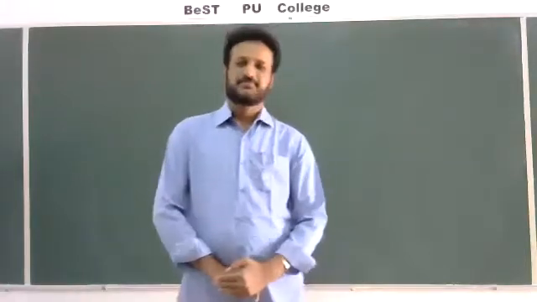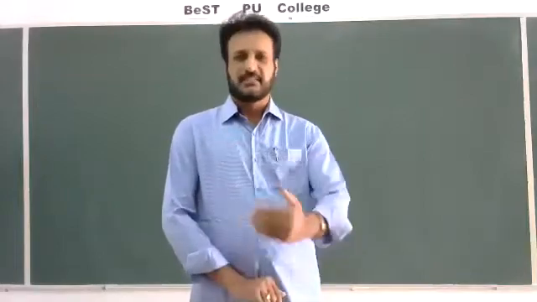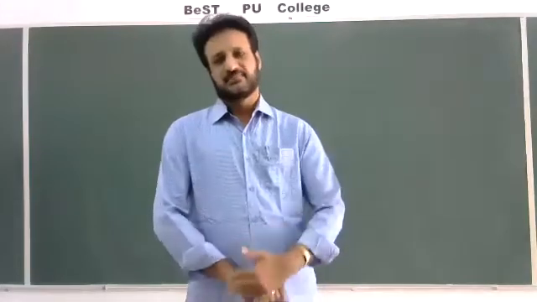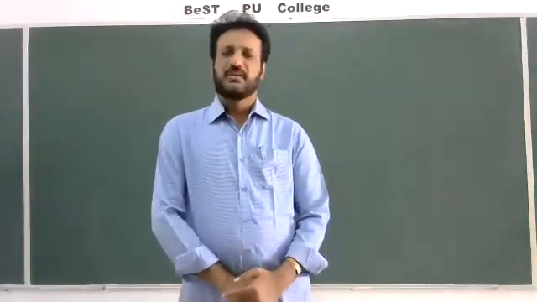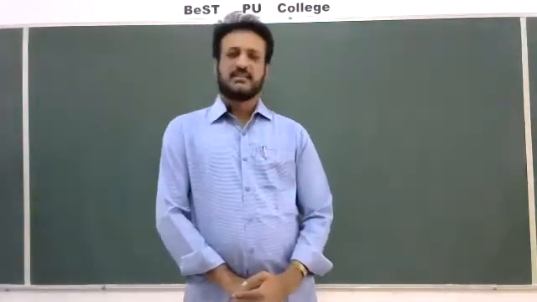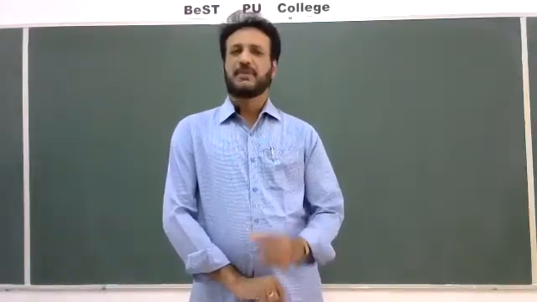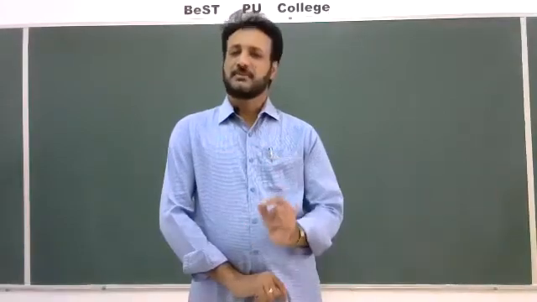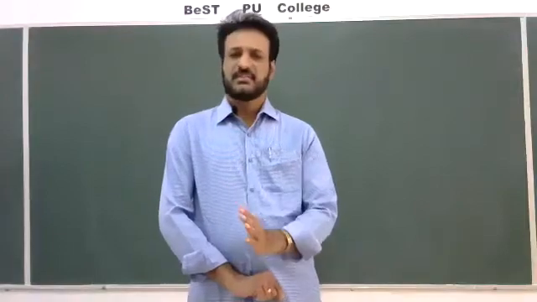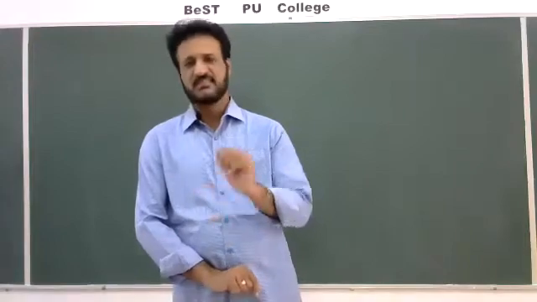Good afternoon, students. So today we'll discuss semiconductor electronics, the part about the characteristics of the diode. In the previous class, that is on Friday, we discussed what a PN junction diode is, and also the formation of the PN junction, how the junction is formed, what a depletion layer is, what a barrier potential is, and also how we can connect a diode in forward bias and also reverse bias. So up to this concept we have discussed.